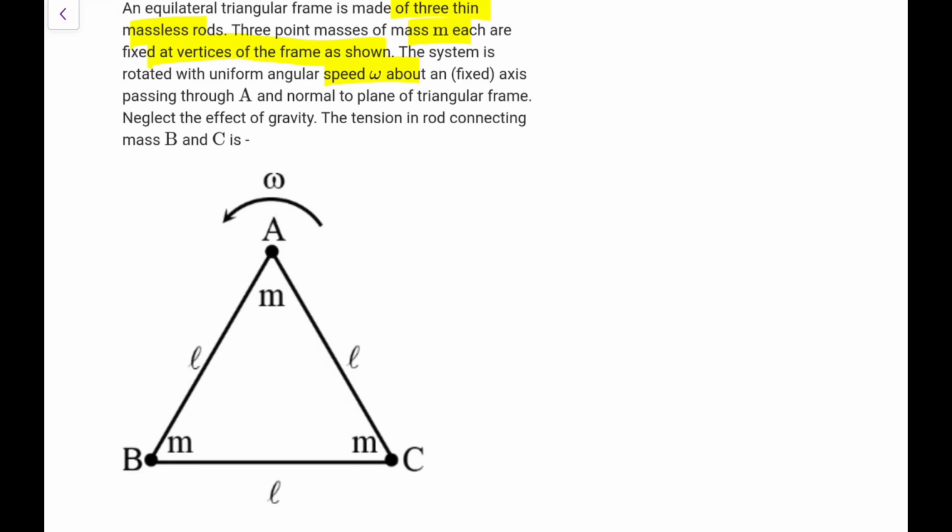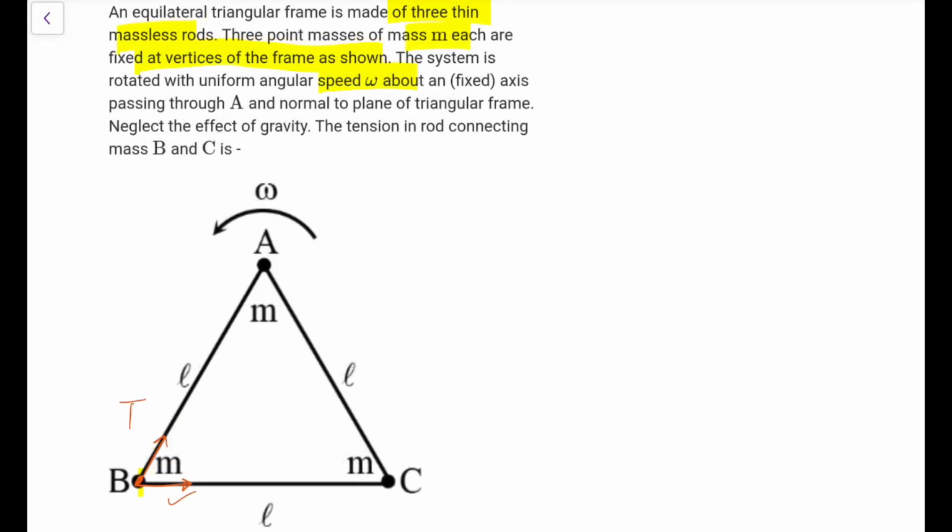Because it is going with the speed omega, the centripetal force that it should have would be equal to, let's say, the tension would be somewhat like this, and these are the two tensions that will be acting here. You have to find the tension in this particular rod. So let it be T1, let it be T2. One thing is clear: because it is rotating about this point A, the net force must be towards A. That means the net force must be along T1, and if you have two forces, the resultant can be towards T1 only and only when this T2 is 0.